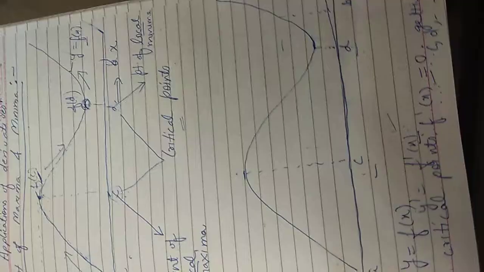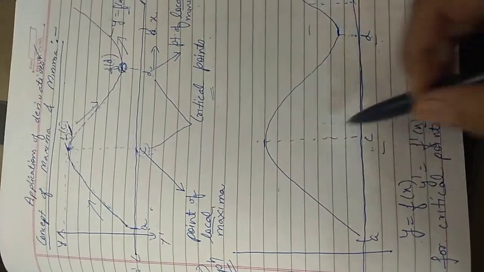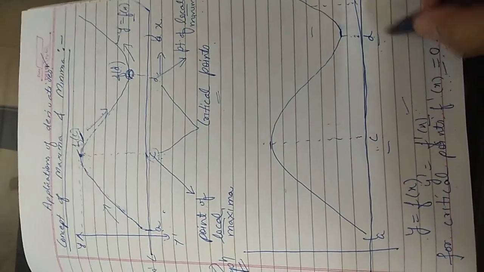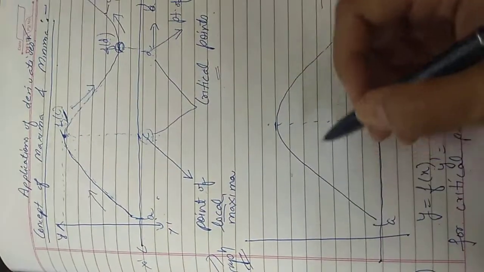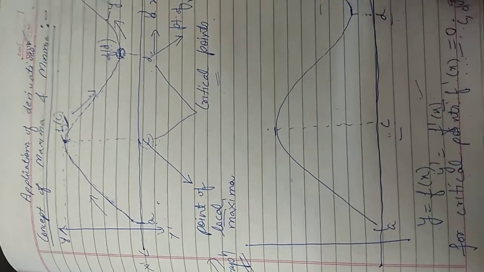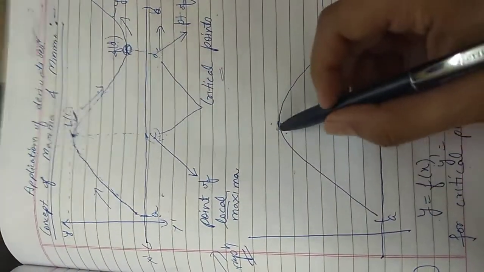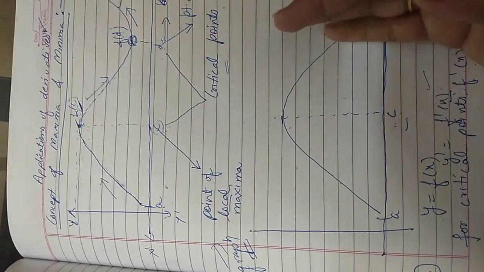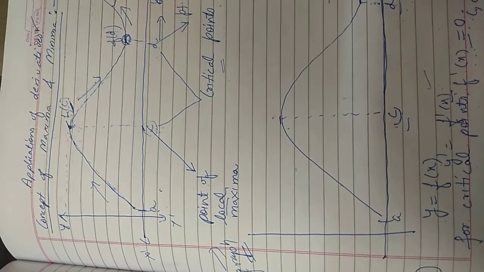Here what we will do, whatever interval is given here, for example C and D are the 2 points that we are getting and I have taken here. Now when I take these C and D points on the defined interval, then we will see the sign of the derivative before that point C and after that point C. That means to the left of point C and to the right of point C. And what is this point C? C is our critical point, right?